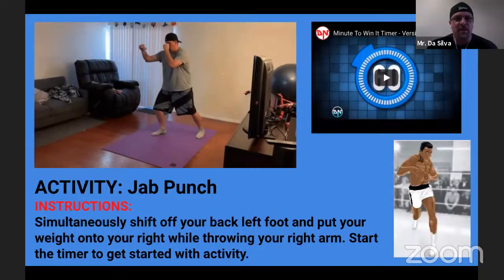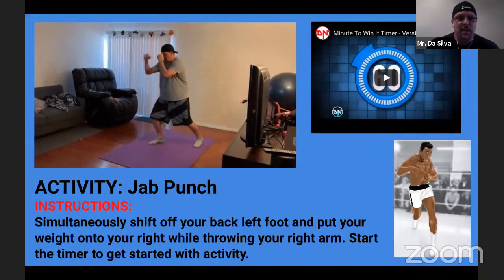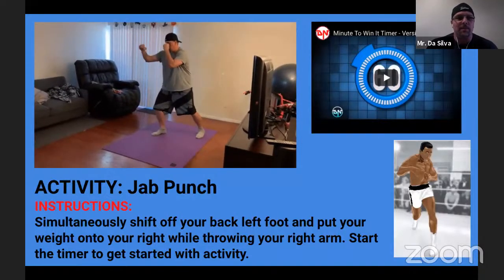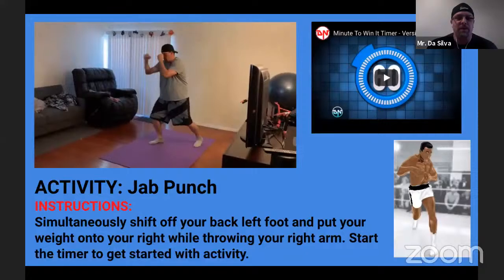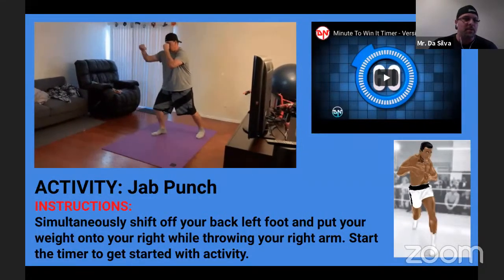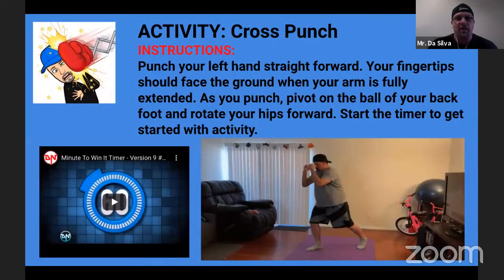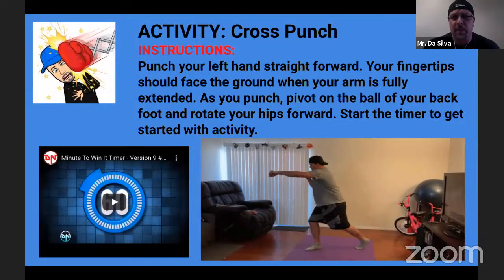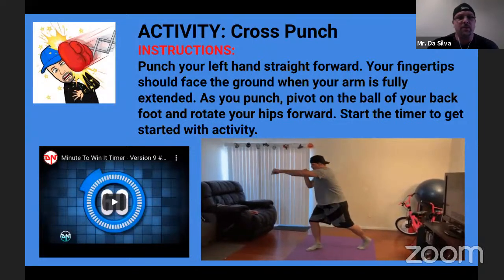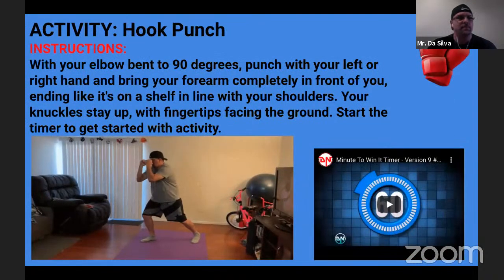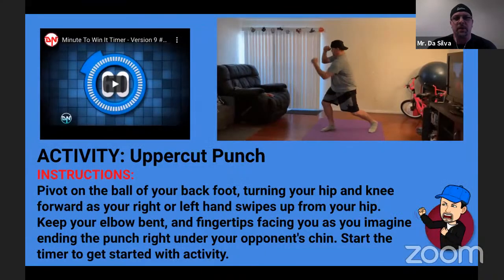So I have a few things in here that I personally did. Again, keeping in mind they're probably doing this at home because they're doing all their assignments and activities at home in a small area, something they can work on. The jab punch here, cross punch, also with a timer there to indicate how long they need to do the activity for. Hook punch, uppercut,